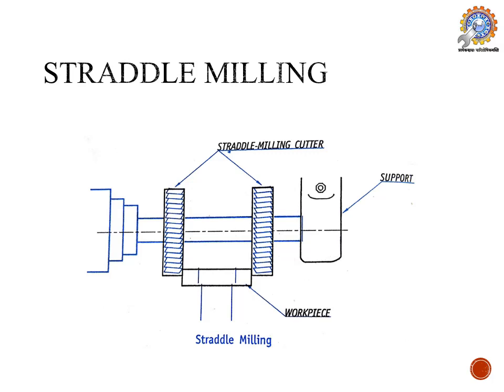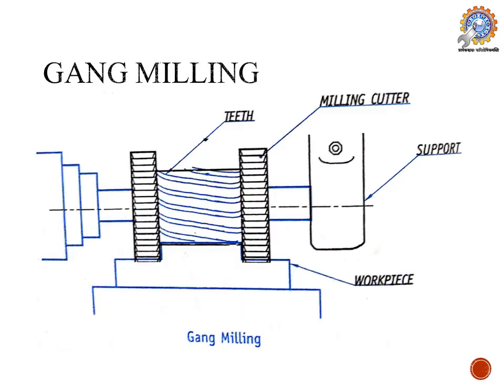It is a milling operation that is used to machine two or more parallel vertical surfaces at a single time by mounting two side milling cutters on the same standard milling arbor, separated by calculated spacing. You can see clearly here two parallel surfaces were generated on a workpiece, and that also done in a very effective, accurate manner.